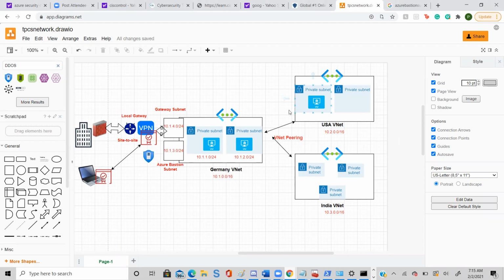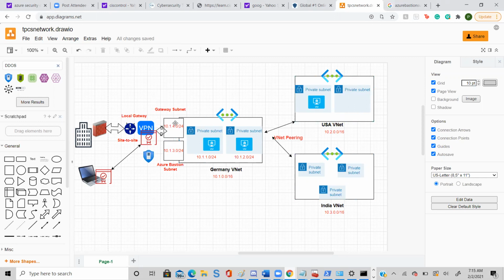Now to manage my server using a private IP, I have implemented number 1 the Bastion subnet, number 2 the VPN subnet. Using a VPN, I can connect to my Germany network, and from the Germany network I can take control of any of the servers.